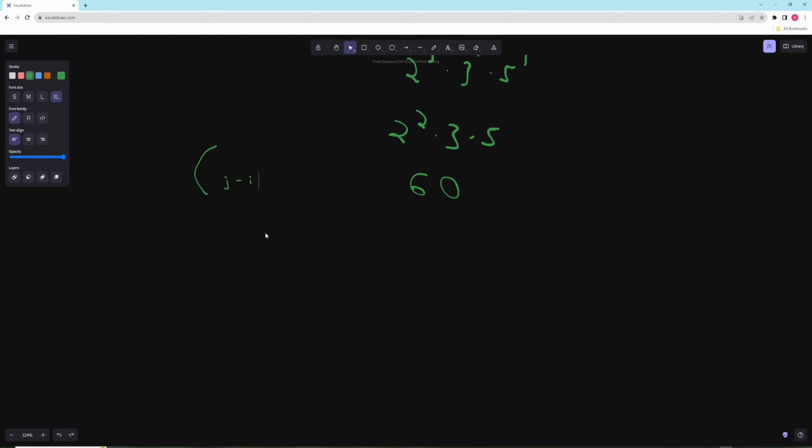So now we have j minus i. We can actually just do it like this. So j minus i equals k new that we calculated with the prime factorization. And now, or actually not quite like this. So j minus i mod k new, I'll just call this kn, equals 0. And now this is actually doable, right? Because if we do this, that means that, in order for this to be true,